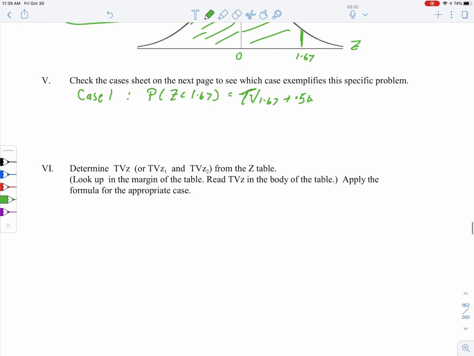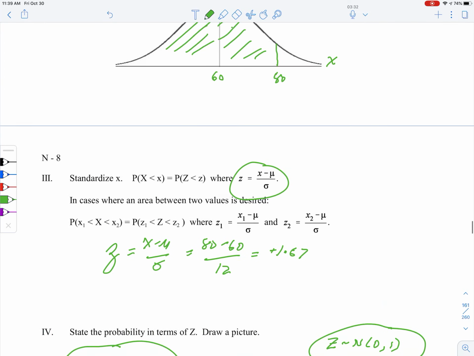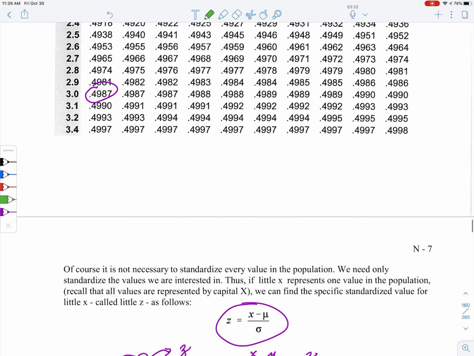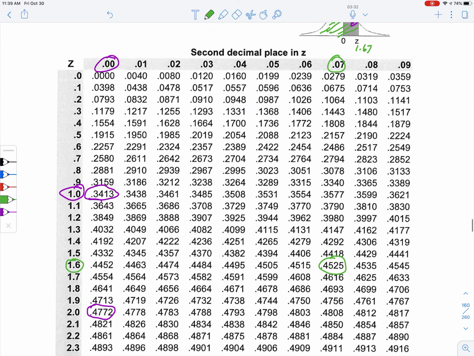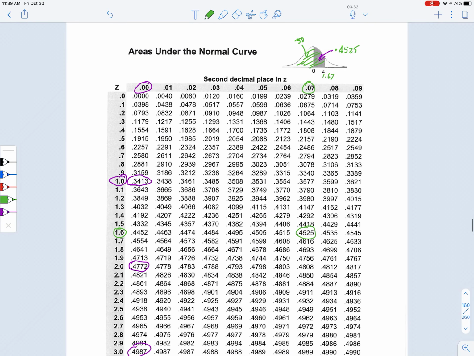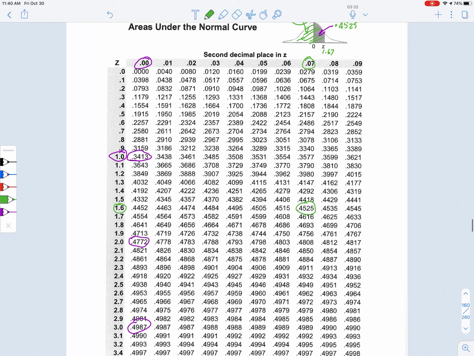All right, the next thing that we do in the last step here is we go and we look up the table value for 1.67. So we go to the table back here, and we're going to look at 1.67. Now, we've already done this one here. And so remember I told you to take a look at the picture at the very top here? It'll give you the area from 1.67 down to the middle, and then we're going to add on another 50%. So we look up